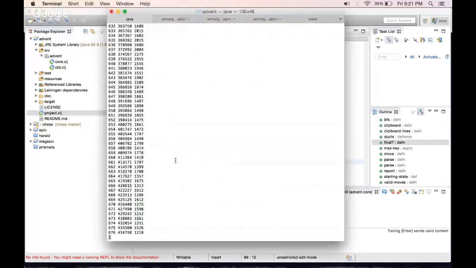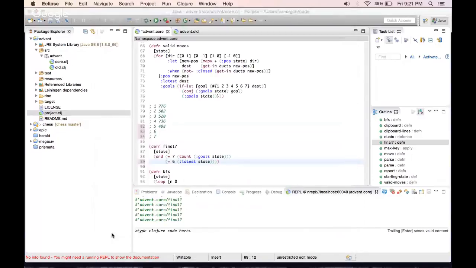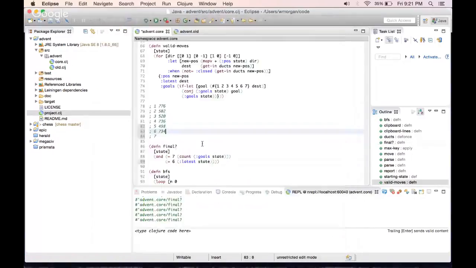Seems unlikely that we have to go to 6 and then go back home, but for the sake of completeness, 734, and then